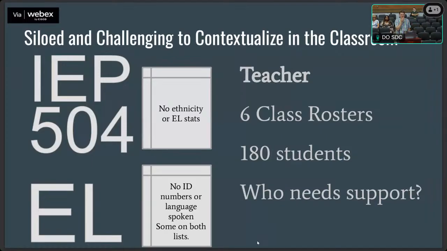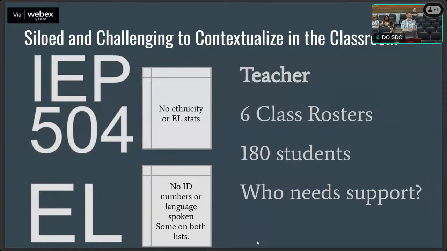It doesn't say which language they are. Is this the right name? There's no ID in this list. And so, can you see kind of the challenge the teacher faces to just figure out what's going on with the student? And since Infinite Campus, teachers aren't allowed to see that stuff, and there isn't a centralized way of tracking all these students with extra supports besides these 2 spreadsheets, teachers are kind of left until by the end of semester 1, we're like, oh, that's why we're having so many issues.